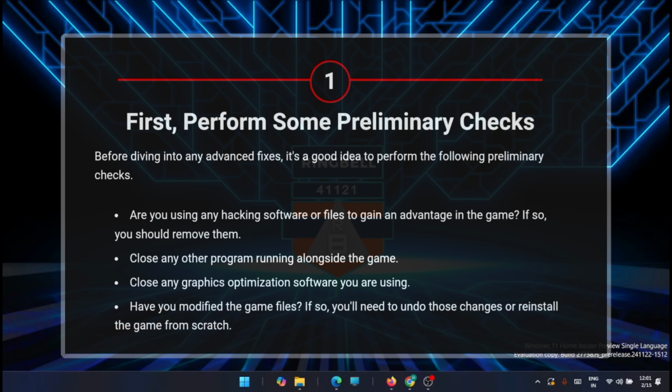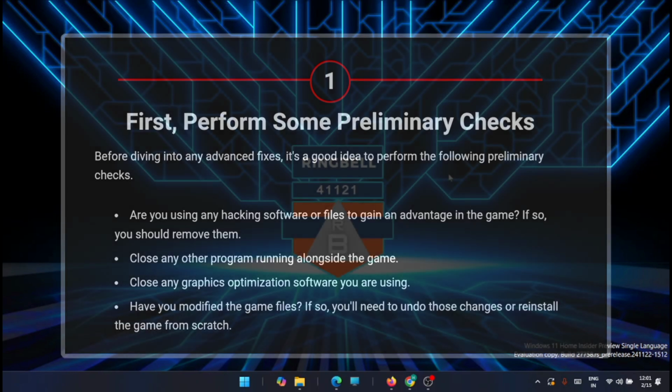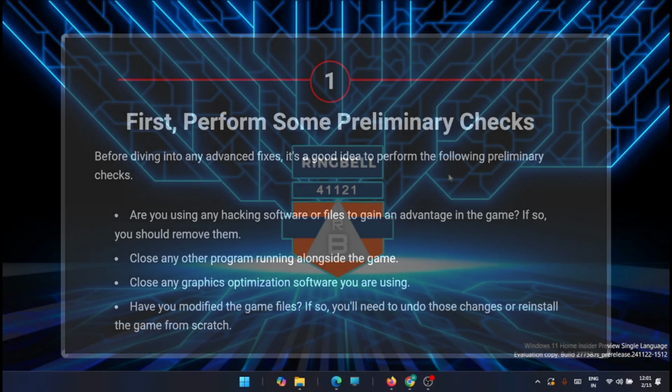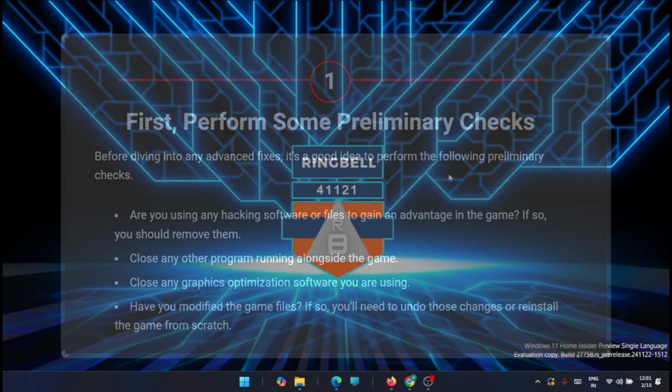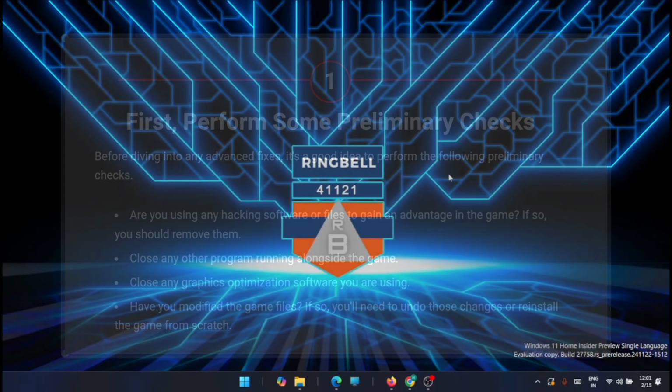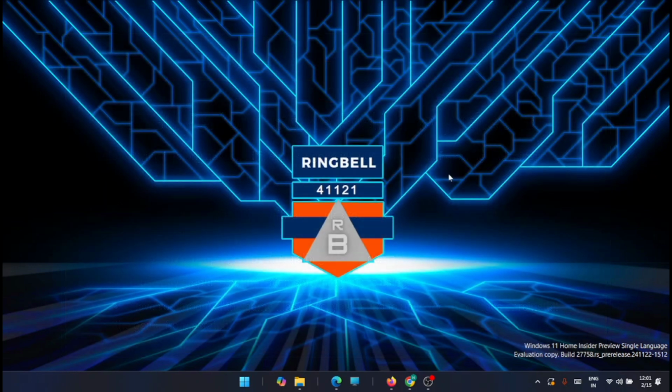The second one, close any other application running alongside the game. The third thing you can check is to close any graphics optimization software that you are using. And the last one is to check if you have modified the game files. If so, you will need to undo those changes or reinstall the game from scratch. So these are the basic things you can check, and if you are still getting the error, then move to the second option,